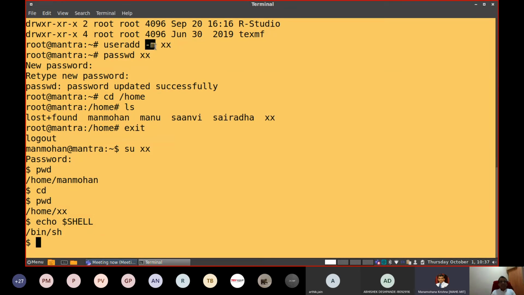If you create a user account without -m, the user account will be created, but there will not be any home folder assigned for that user. So by writing -m, a new home folder will be created in the user's name. That's what you can notice here under the home folder. There is an entry called xx.